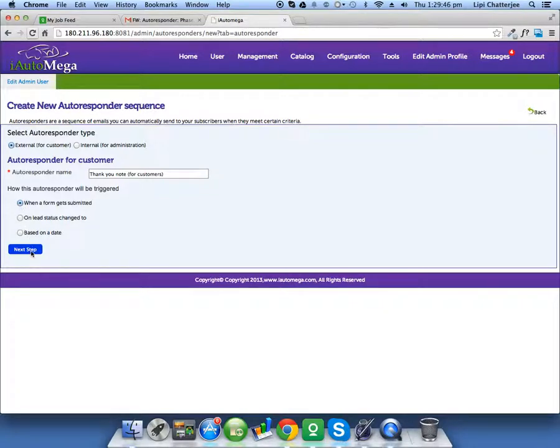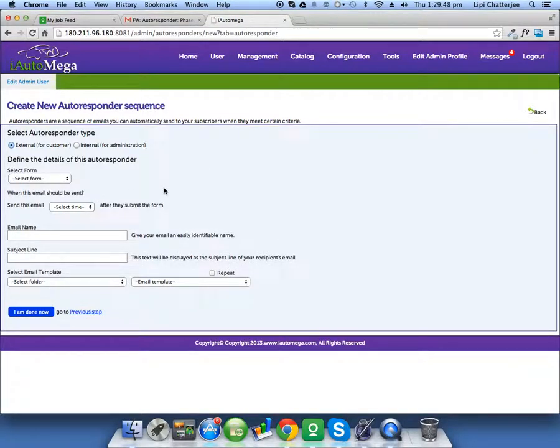Clicking on next step, it should take me to the interface for creating this autoresponder. We have already selected that it will be external, that is for customers, and now it is asking me to select the form, that is, upon submission of which form this autoresponder should get fired.